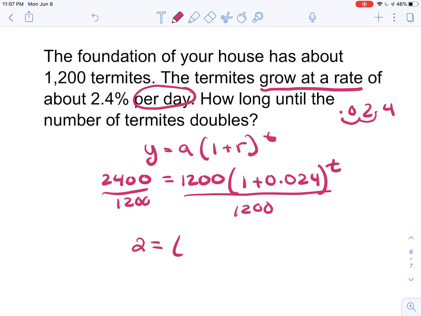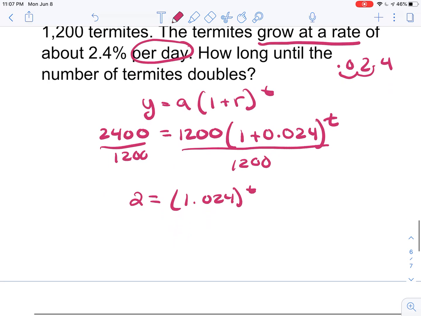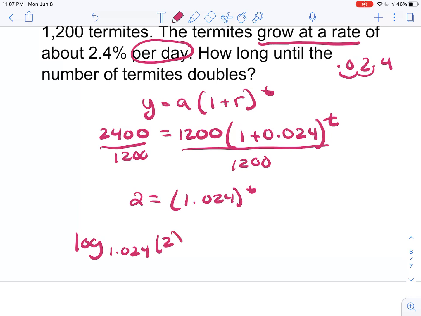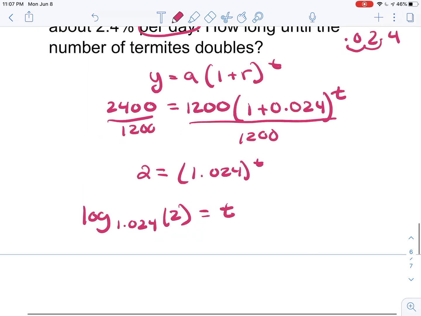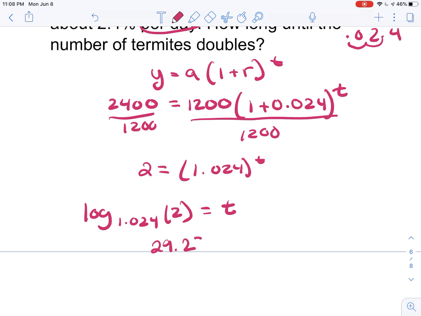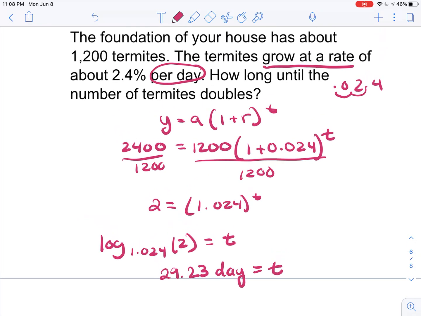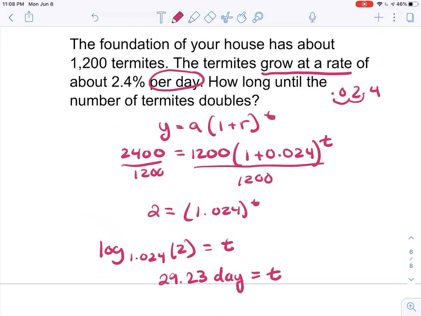Divide by 1,200, which should make sense because this is 2 times. The base of this is 1.024 to the t. And all that's left is to rewrite this so that we can get our t value. So log base, this complicated base, of my answer 2 is equal to t. And what do I get? 29.23. And we are in days here. Okay, so we're